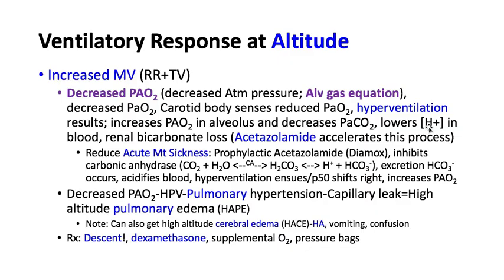The next key word is ventilatory response at altitude. What happens when you go up, for example, to Denver, 1 mile high, or the top of Mount Everest, where the atmospheric pressure may be as low as in the 200, 220 range? Well, the first thing that happens is your minute ventilation goes up, both your respiratory rate and tidal volume, in